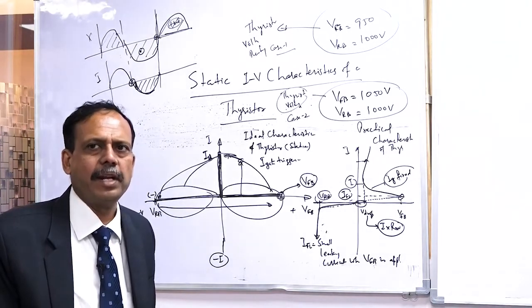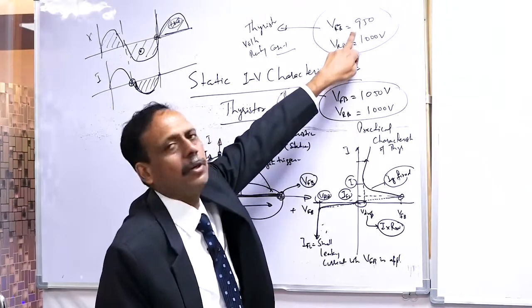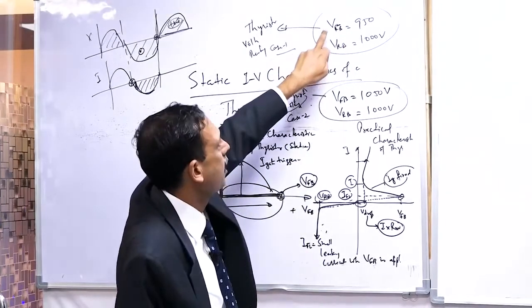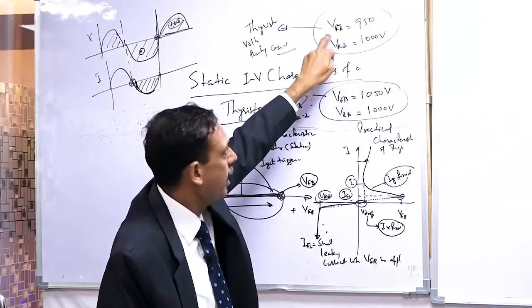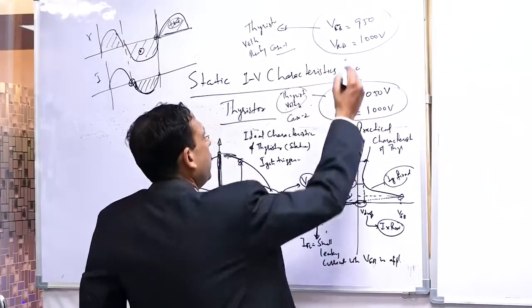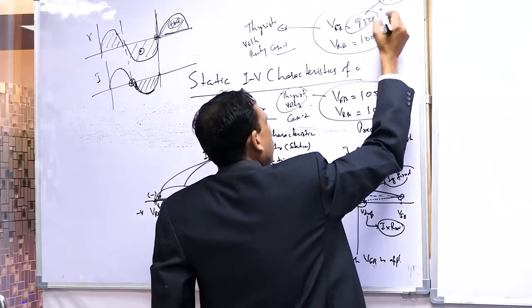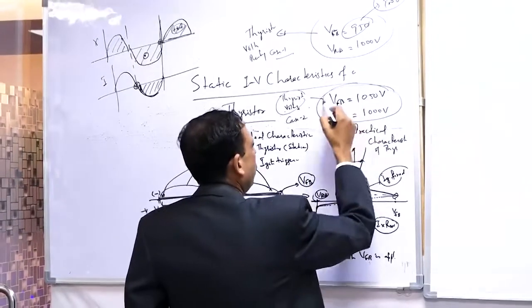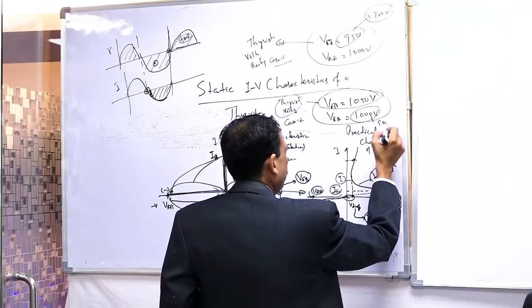Rated voltage. Yes, you are right, Ramesh Krishnanji. The minimum voltage you have to use. So we are going to use the minimum voltage. In case 1, the rated voltage of the thyristor will be 950. In fact, we will not even use 950, we will keep some margin and put it at 900 volts. Some safety margin we will take. And in the other case, we will keep it at 1000 volts or 950 volts.